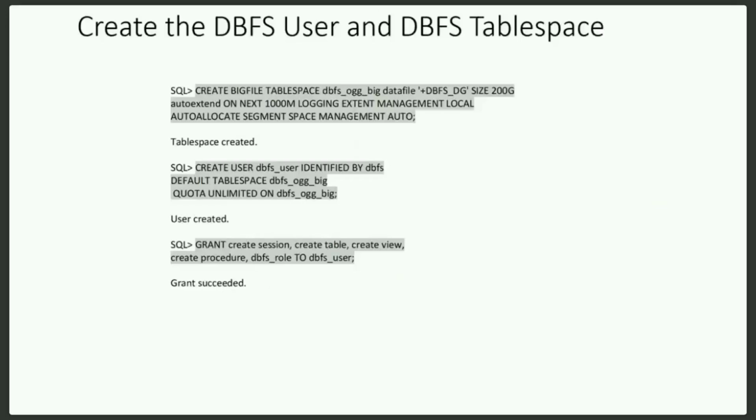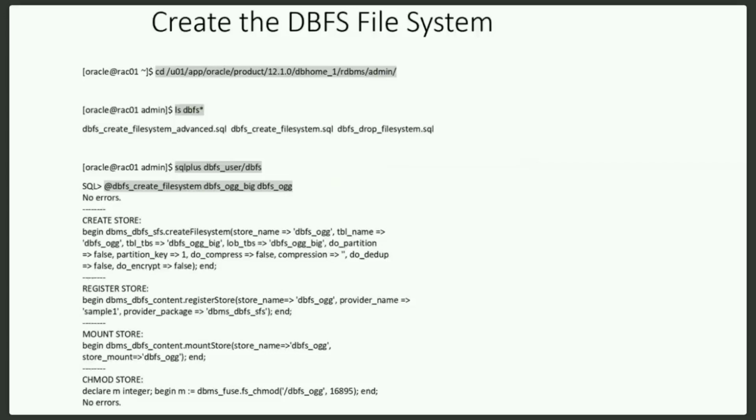And now what we have to do is go and create a tablespace using the DBFS ASM disk group. So here we have created a tablespace called dbfs_ogg. In this case, it's using the dbfs_dg ASM disk group. And after that, we have to create a DBFS user, and grant it appropriate privileges and roles as shown here. So there's a role called dbfs_role, and it needs create session, create table, create view, and create procedure as well. So create the tablespace, create the user, go to Oracle Home rdbms admin, and we have to run